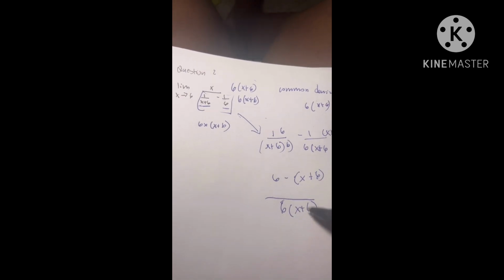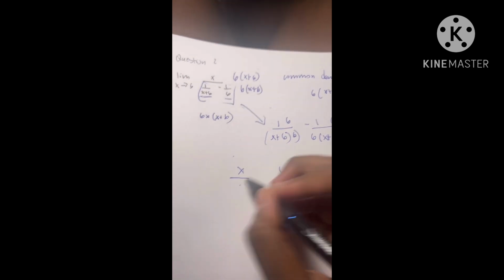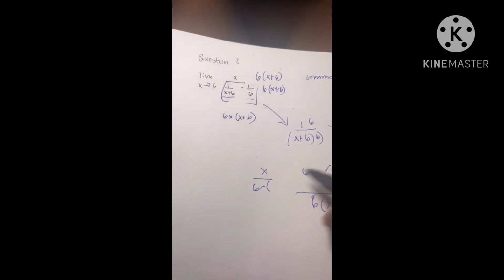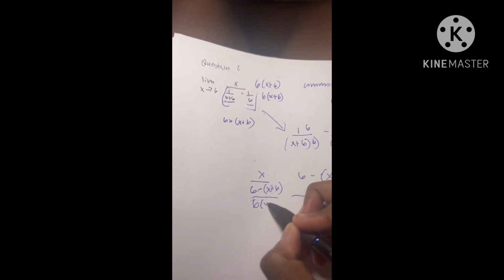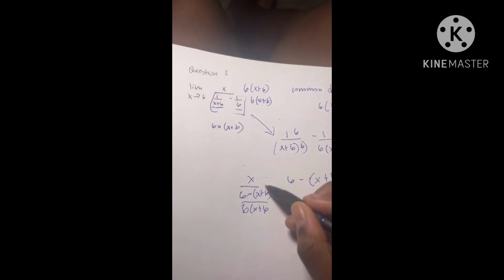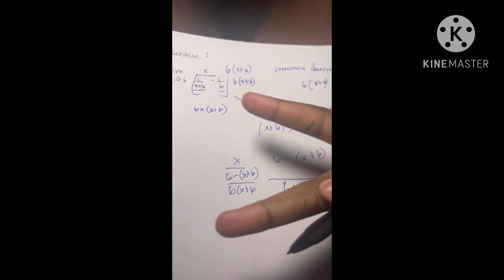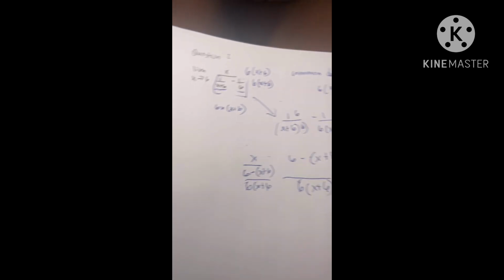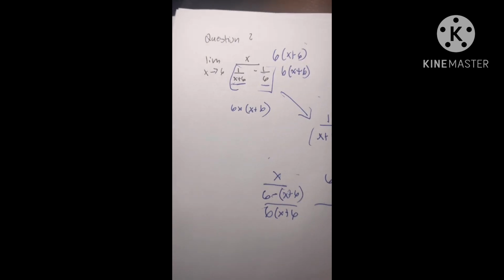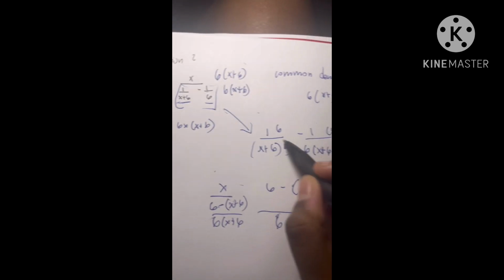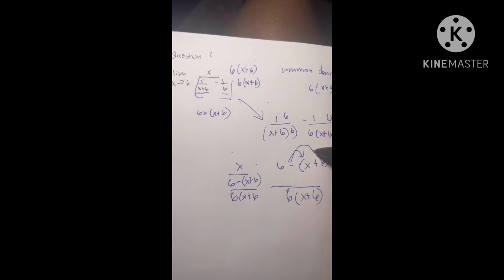As you can tell, to divide a fraction, you have to flip the denominator and the numerator and multiply it across. But for the numerator, once you combine them together because of the common denominator, you just distribute this negative right here,